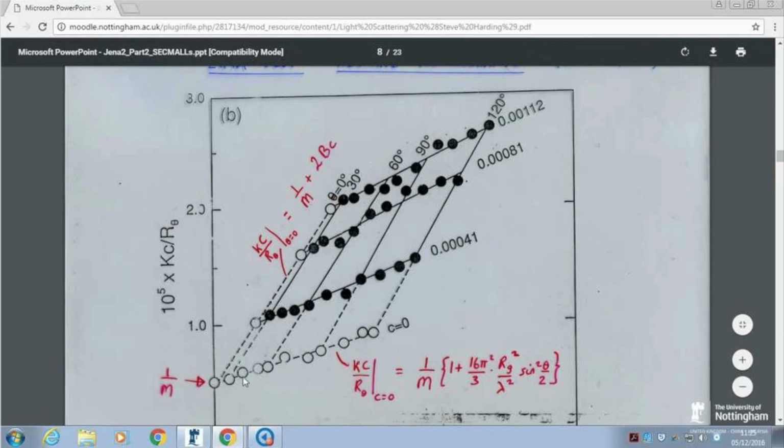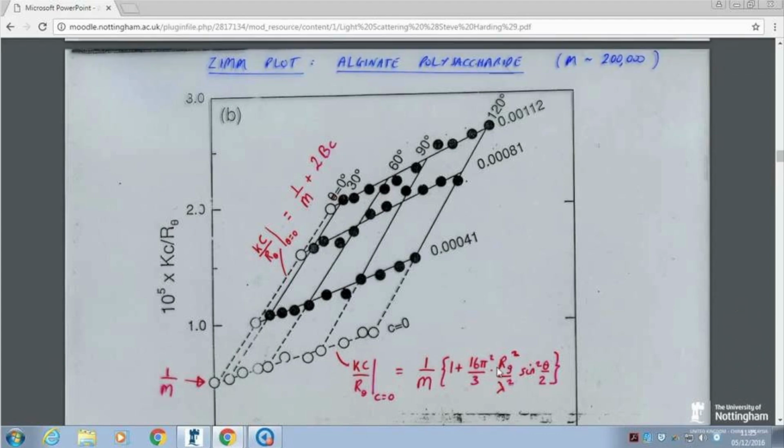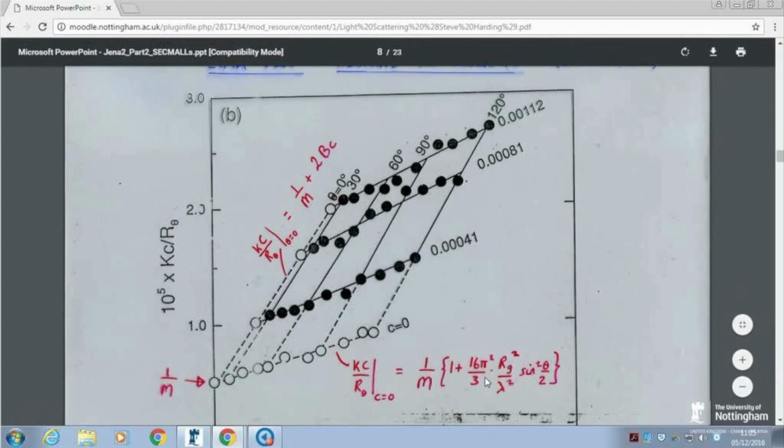And then from the slope of this line, we can get RG. Obviously, we've got to do some manipulations. We've got to correct for that. The slope of this line is basically 16 pi squared over 3 times RG squared over lambda squared. That's the x value. And the slope of this line is